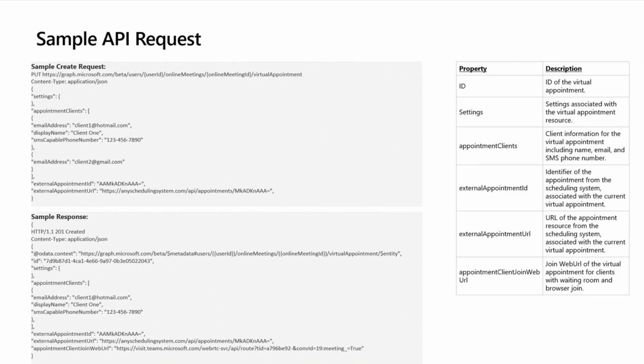The big difference with this API is that in the response, we return a separate client join web URL link. This is the big differentiator: your providers, the doctors in the telehealth scenario, can still use the standard online Teams meeting link to join so they can stay in Teams with their normal workflow. But when you click this new client join web URL, that's when you get the enhanced B2C experience. I'll walk through that real quick.